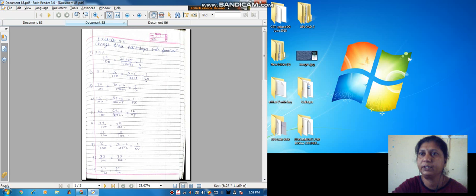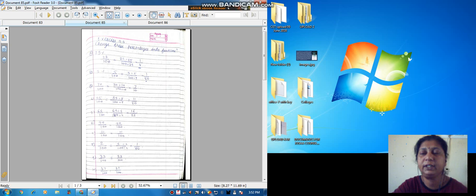We just discussed it. See here, 25%, that is 25 upon 100. 25 और 100 को हम 25 से divide कर सकते हैं, so it should be 1 upon 4. Same here 5%, that means 5 upon 100. ये दोनों भी 5 से divide कर सकते हैं, तो ये आएगा 1 upon 20. Then next 70 upon 100, divisible by 10, so it is 7 upon 10. Then 55 upon 100, it can be divided by 5, so we get 11 upon 20. Then 64 upon 100, divisible by 4, so it is 16 upon 25.